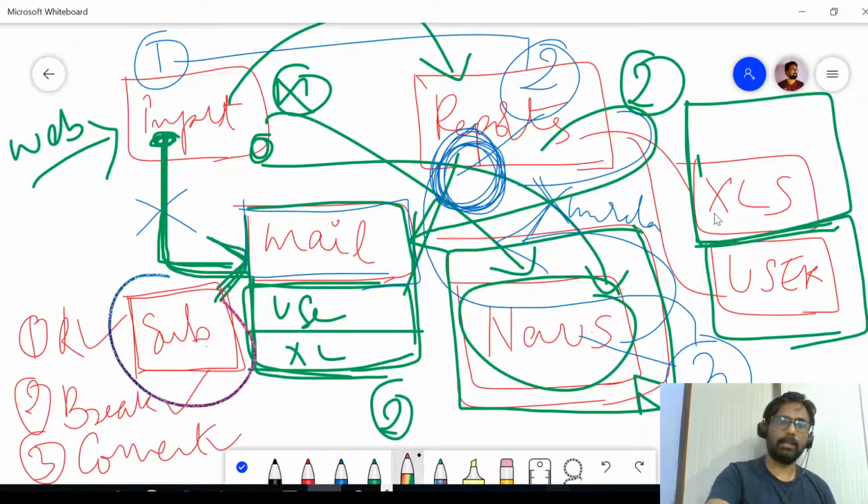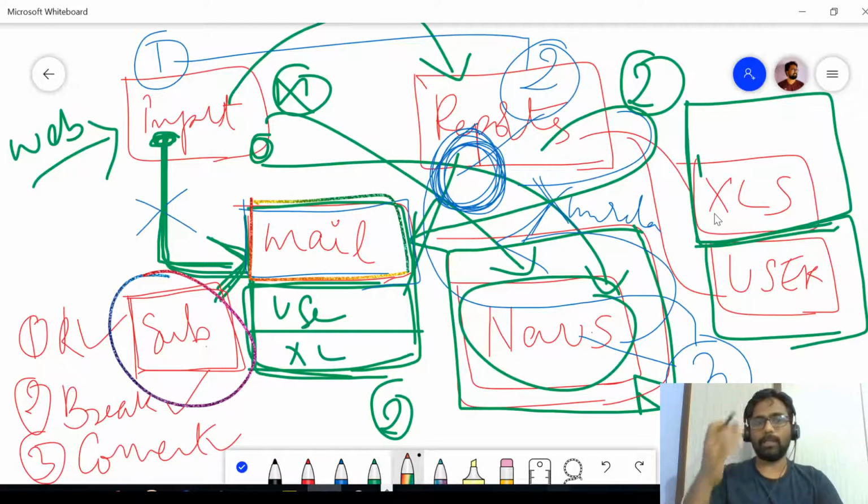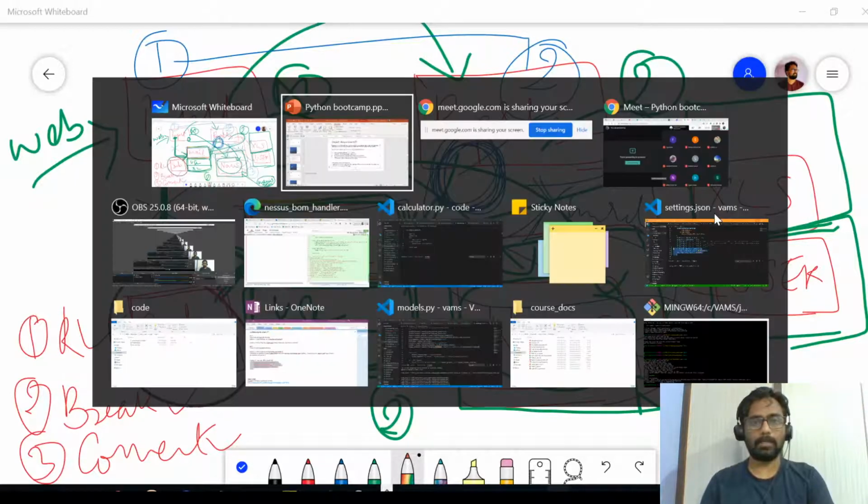If you had forgotten this, and had started to write code, then while writing the code for mail, you would not know where to send and how to extract the data. That needs to be kept in mind, because it looks obvious that we are sending mails to people, but we do not know where the data is present. So you need to make sure that all the boxes are somehow connected